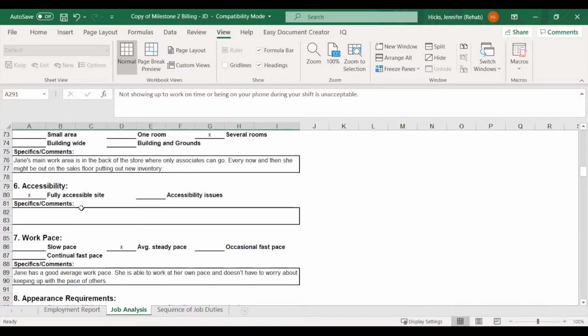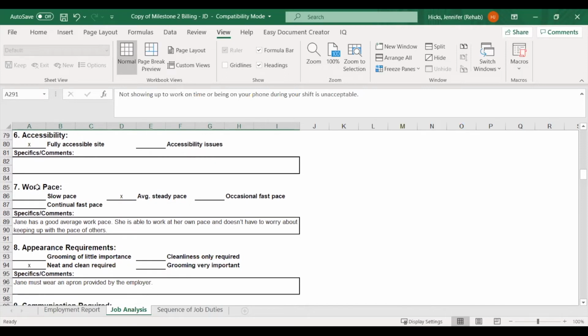The next one is accessibility. And that's fully accessible, or are there accessibility issues? We marked fully accessible here. If there are issues, you definitely want to make comments about what those issues are in the box below. Number 7 is work pace.